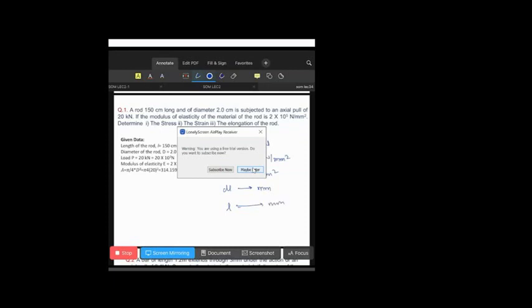Now if we talk about strain, strain will be a unitless quantity. You have to keep all this in mind, and every time you have to deal with these sign conventions. Even though it is not given, you have to convert it back to the original dimensions. Now the length which has been mentioned over here is 150 centimeter. Now we want it in mm.